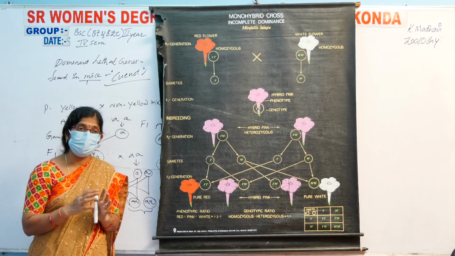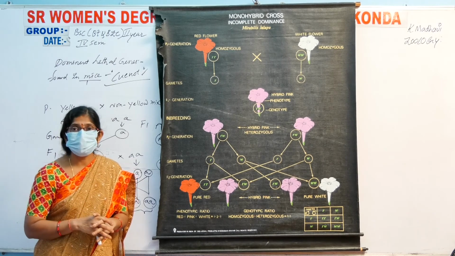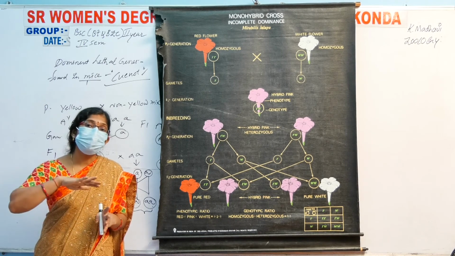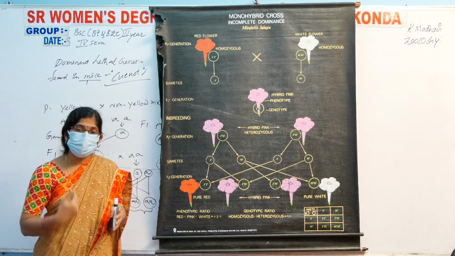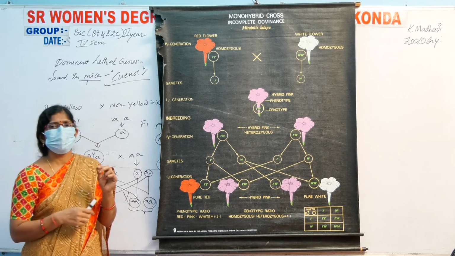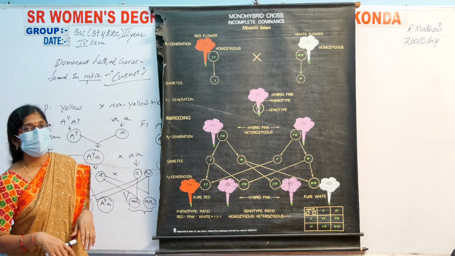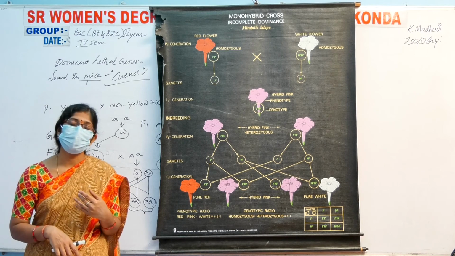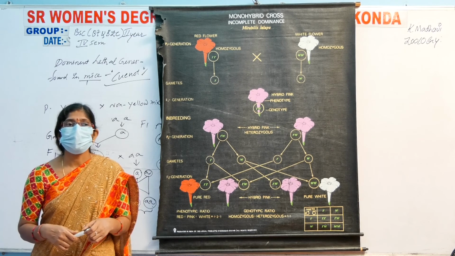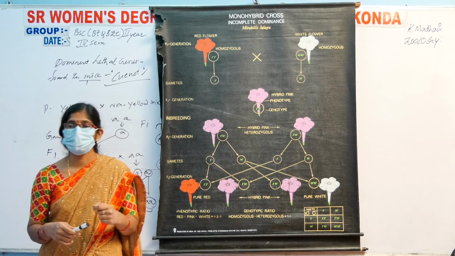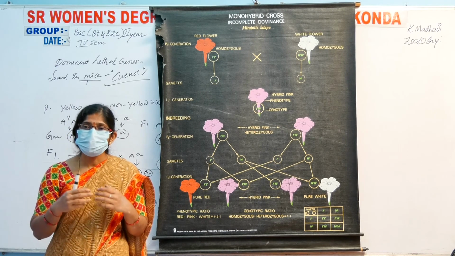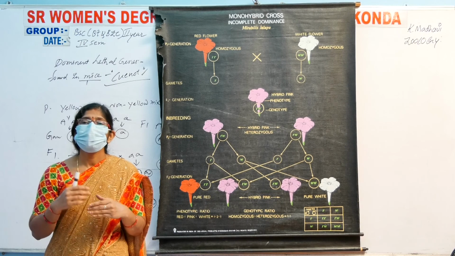The mouse contains up to 10 to 20 offspring in its womb. When they die there, that is known as prenatal death. Postnatal death is when the mice are delivered and the small mice die afterwards. Some are partial lethal genes and some are complete lethal genes. Partial lethal genes are the genes causing death